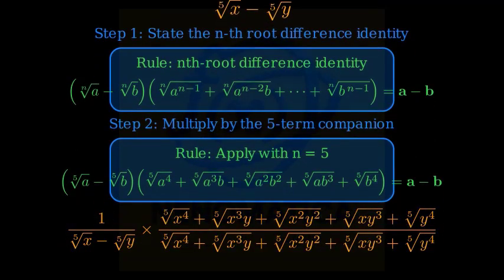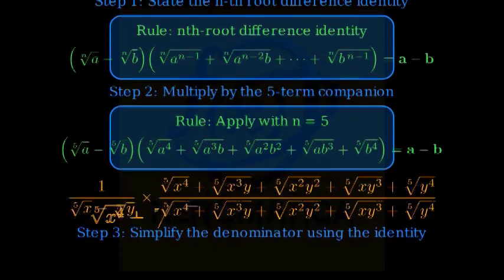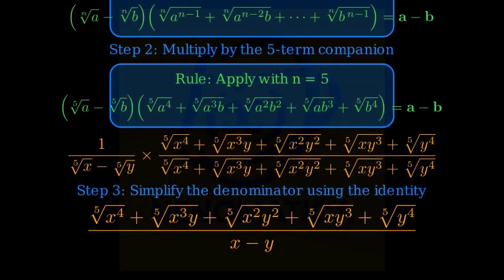Thinking phase quick challenge. Can you write the 5-term companion that pairs with the difference of fifth roots? We now place that exact 5-term sum in both numerator and denominator. Use the identity to simplify the denominator. The product of the difference of fifth roots and its 5-term companion equals a minus b, which becomes x minus